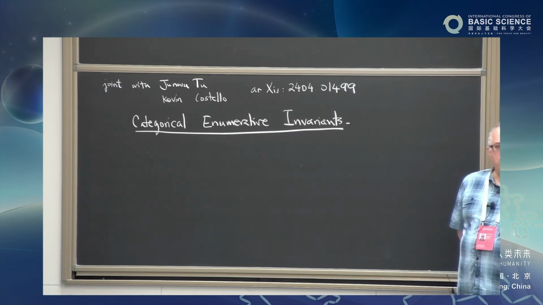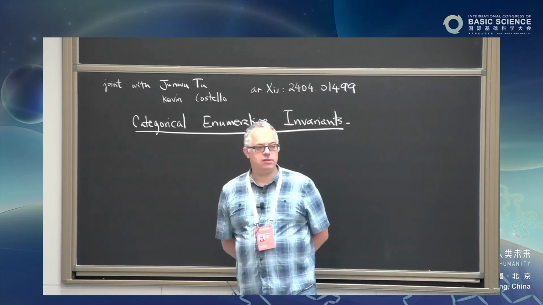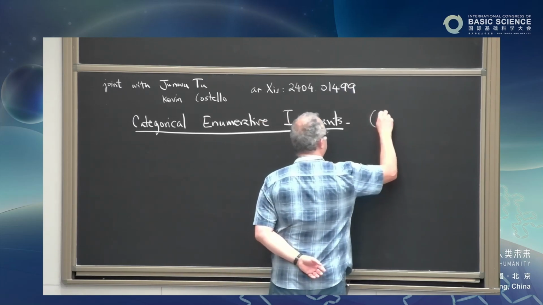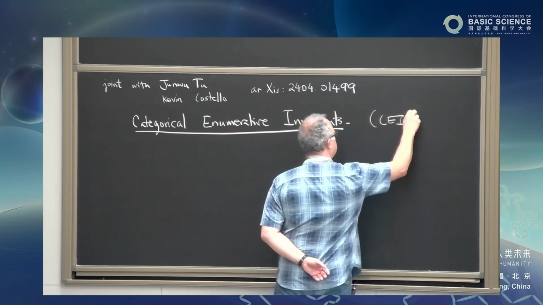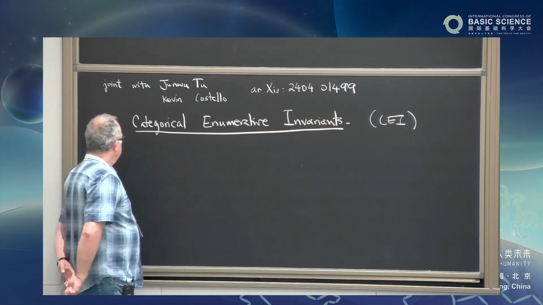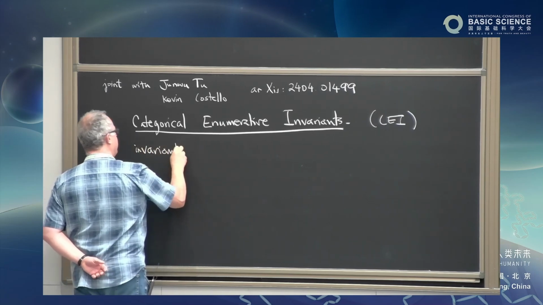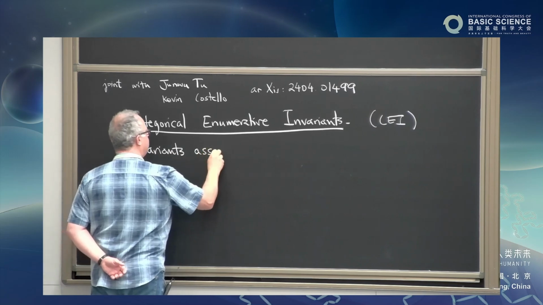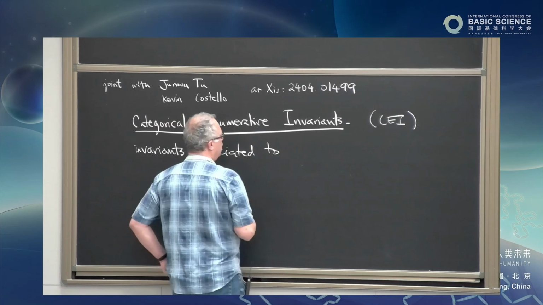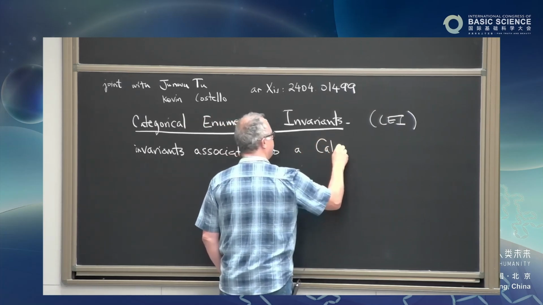And our work is aimed at defining some invariants which we call categorical enumerative invariants, and I will abbreviate this because it's a long name as CEI. And what these are, these should be some invariant associated in the simplest way to a Calabi-Yau category